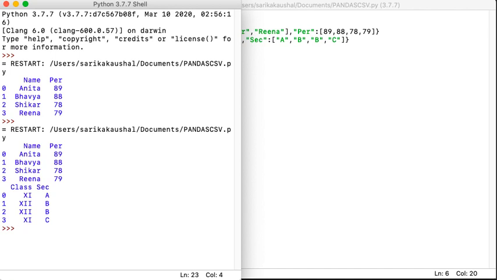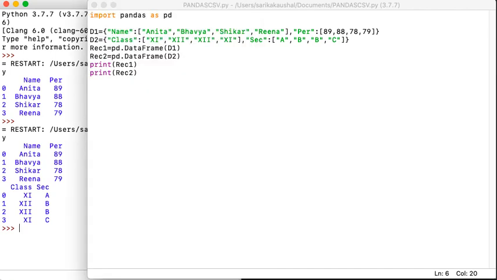Can you notice the index right over there? 0, 1, 2, 3, similarly 0, 1, 2, 3. So when we are talking about the index, and they are having the same index, in case we have the same index in the two data frames, that's basically the most important joining criteria for the two tables. If I need to join the two data frames, the only condition that I have to look for is that both the data frames should be having the same index.